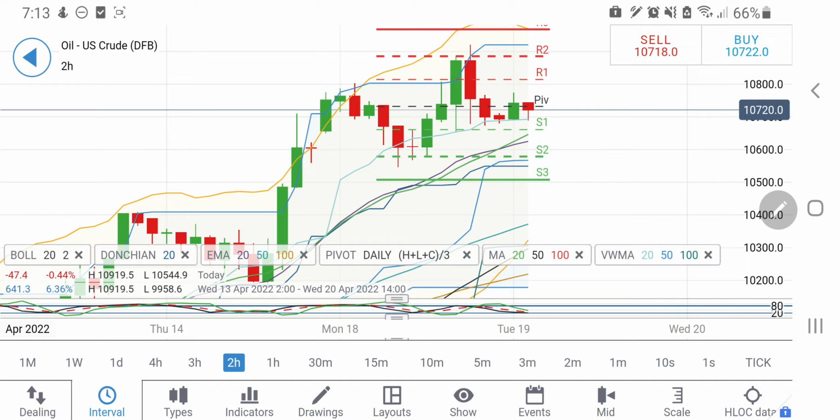A long entry above 108, the targets are going to be 108.8, 109.2, 109 and 110 levels. Again, on the downside, if you see it trading below 106.5, take a short entry for 105.8, 105.5, 105 levels, and then 104.5. These are going to remain the targets. Take your position accordingly. In fact, any drop below 104.5 will be huge. It may try to come back to 102 levels also. Take your positions accordingly. Now let's have a look at natural gas.